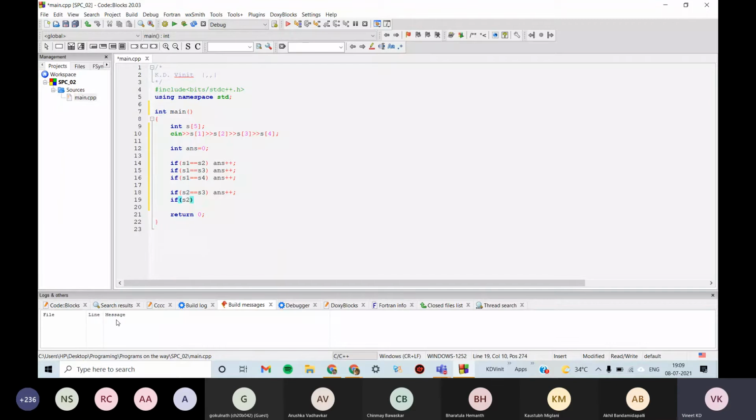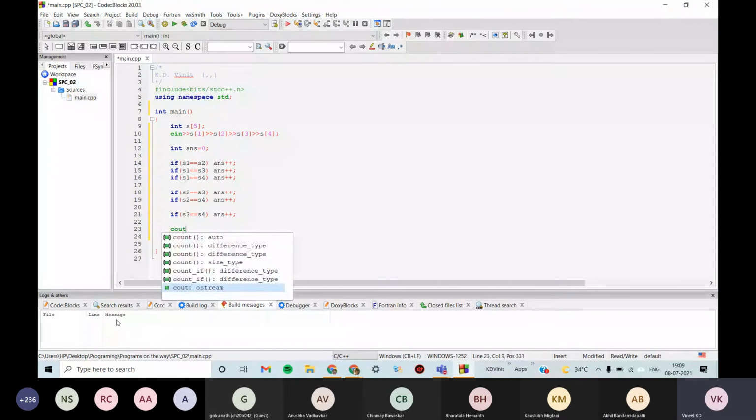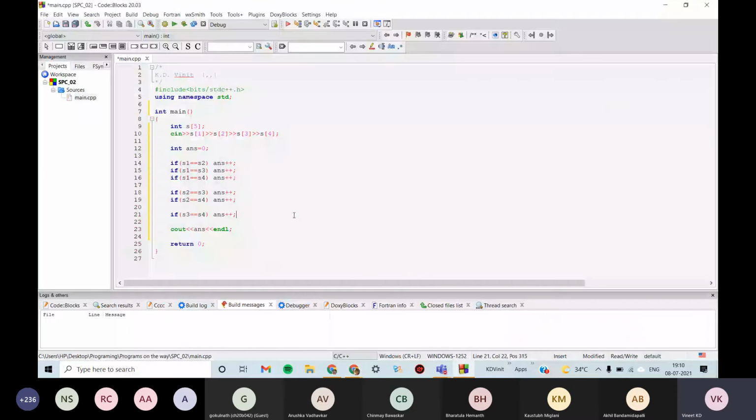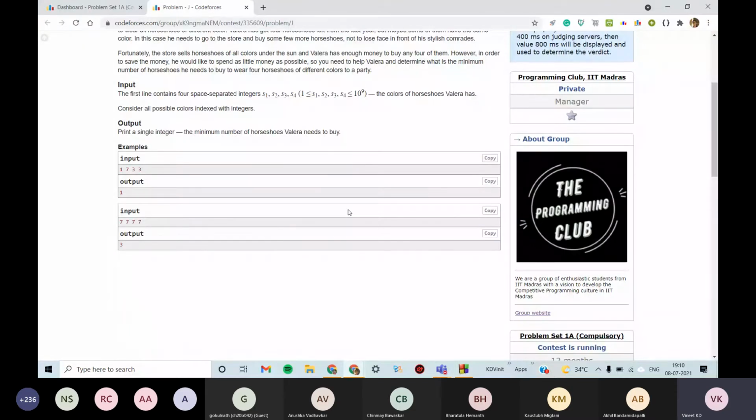If S4 is same as S2, and if S3 is same as S4, answer plus plus. So you can see we have checked all possible cases, and now we just need to print the answer. Cool. This is a wrong approach. I'm just saying what could have been there.